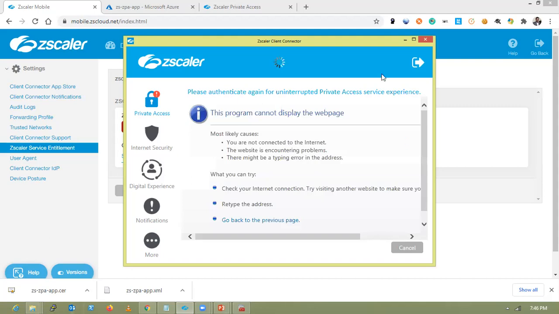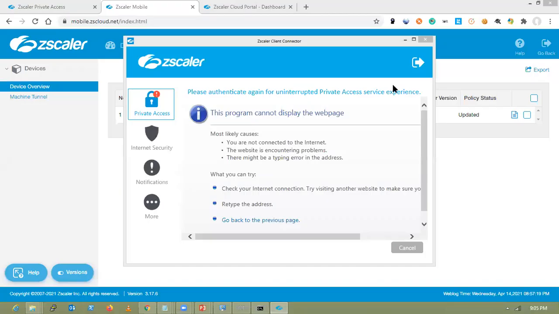So you can just click here. The private access authentication is failing here because SSL inspection is enabled in the internet security. So we need to add some private access destinations into SSL bypass. Otherwise, there will be issues when connecting to private access.